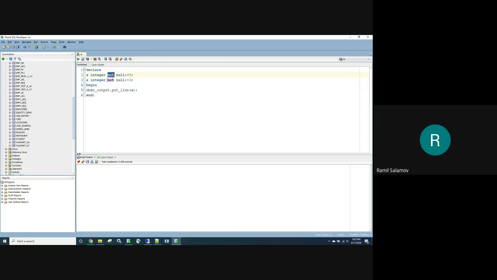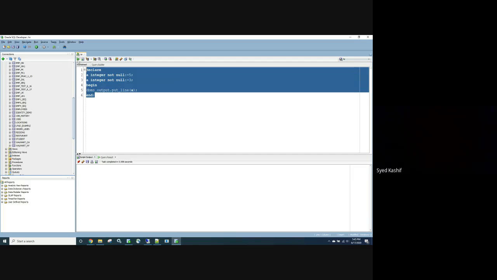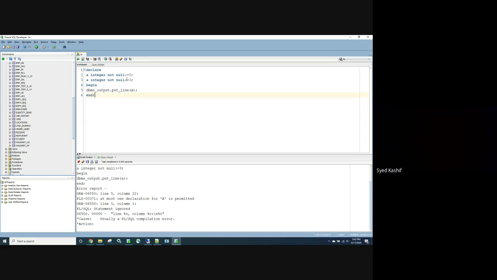Will this take preference? You cannot put the same thing. Yes, it will not. It will say at most one declaration is allowed. Okay, good. So you cannot pass more than 2 values. What if you say